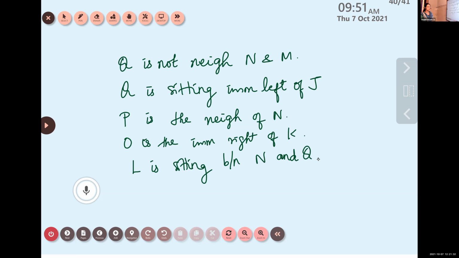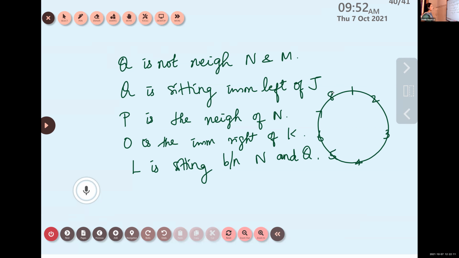Write the seating arrangement. Try this one. Based on this, first you draw a circle. How many seats are there? We have 8 seats. Sometimes in one step itself you will not get it; we have to do this by using the trial and error method. So 8 friends, J, K, L, M, N, O, P, Q, so 1, 2, 3, 4, 5, 6, 7, 8. First you arrange the 8 seats.